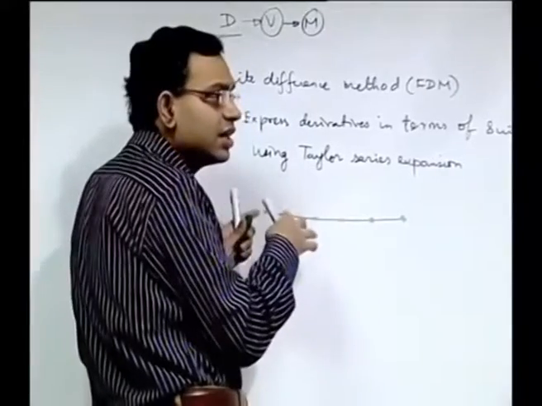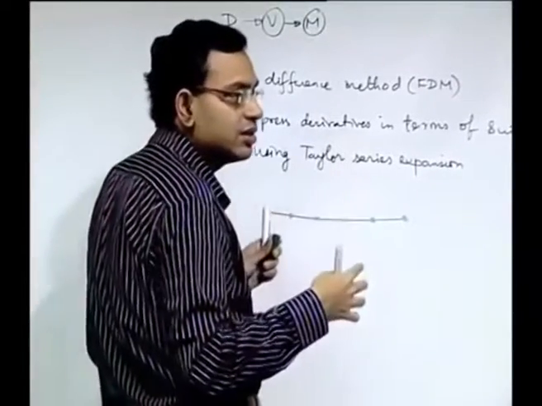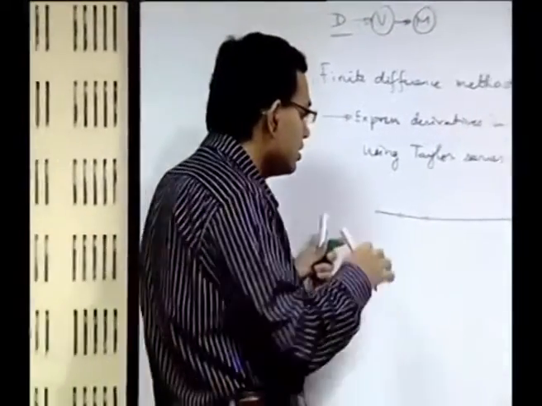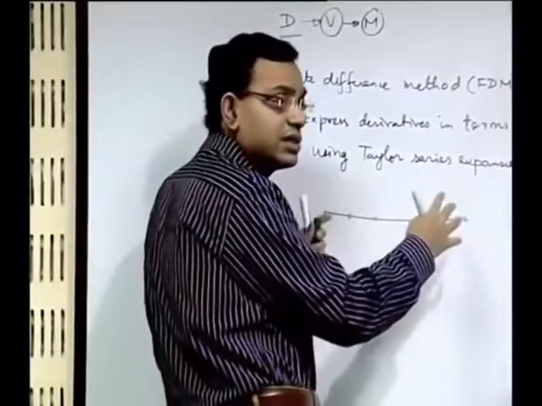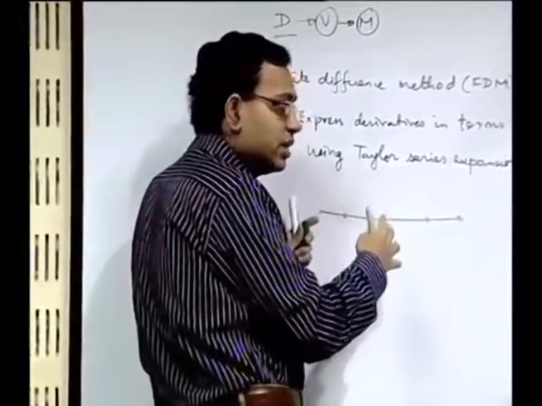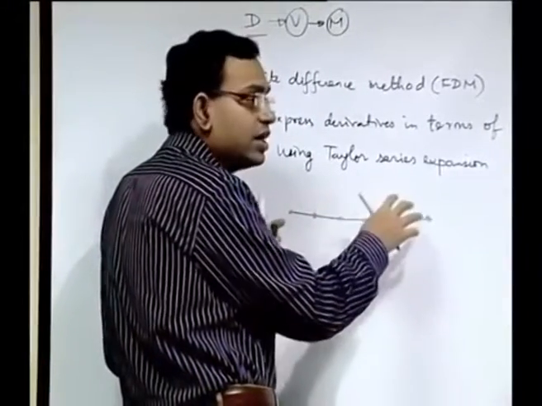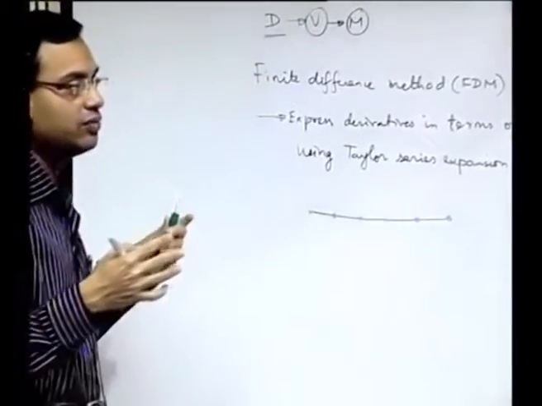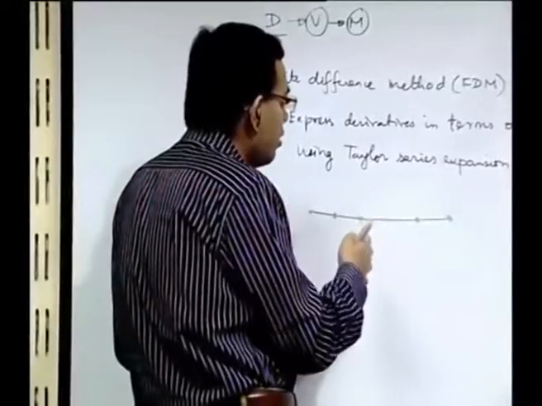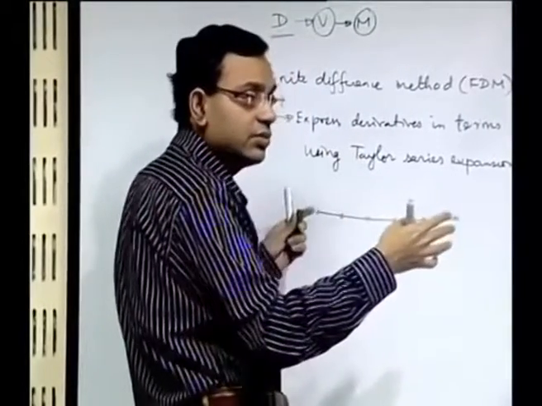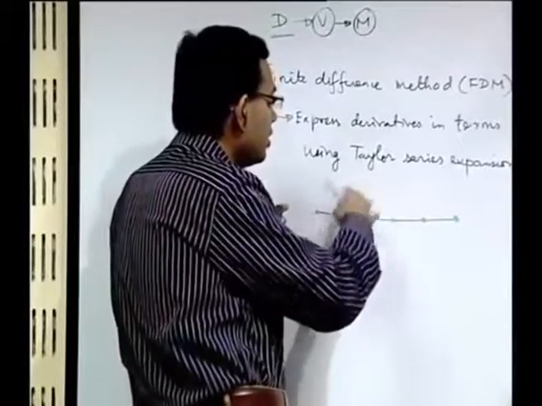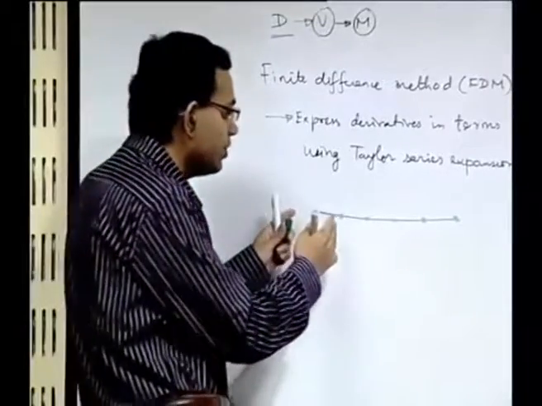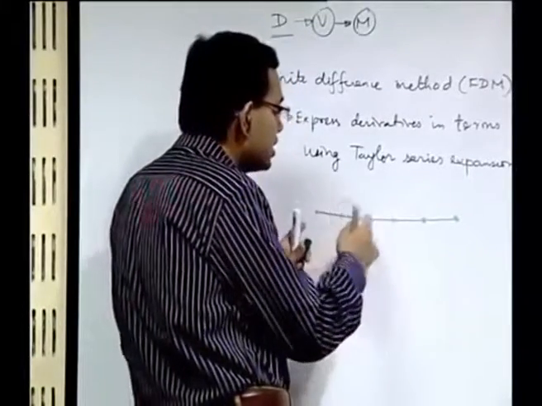So, these grid points are similar to the nodes of a finite element method, but there are conceptual differences, because here you do not have logical elements which are connected by the nodes. Here you have just discrete grid points. Now how they are logically connected or how they are laid out is a matter of choice of the coordinate system, so to say, rather than having some particular shapes corresponding to each element. So there is no concept of element as such, but you have just discrete grid points.